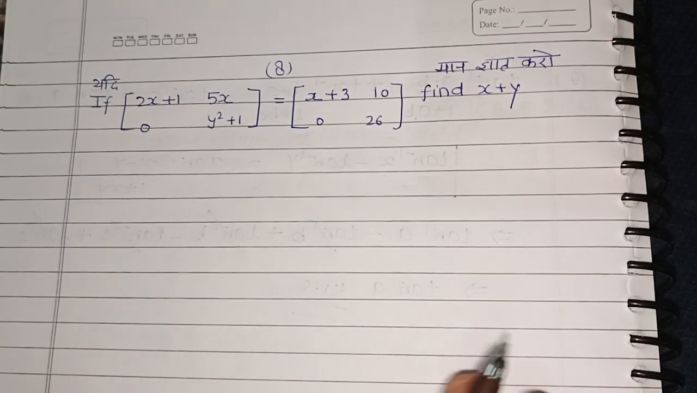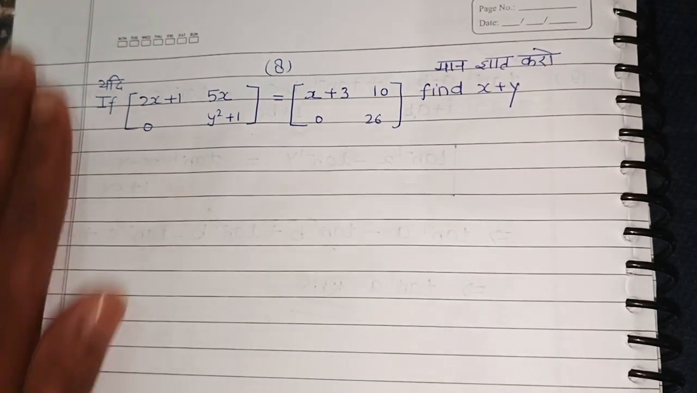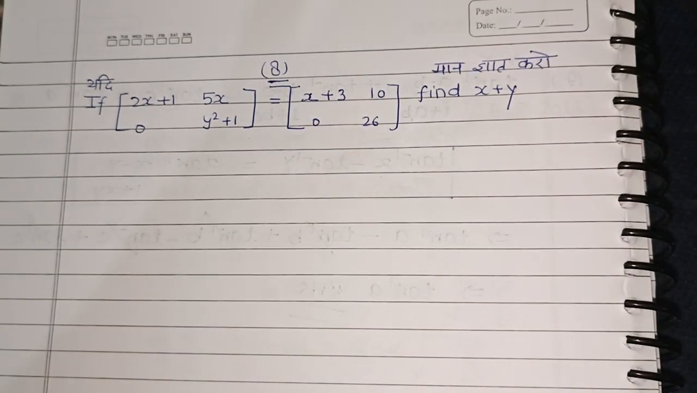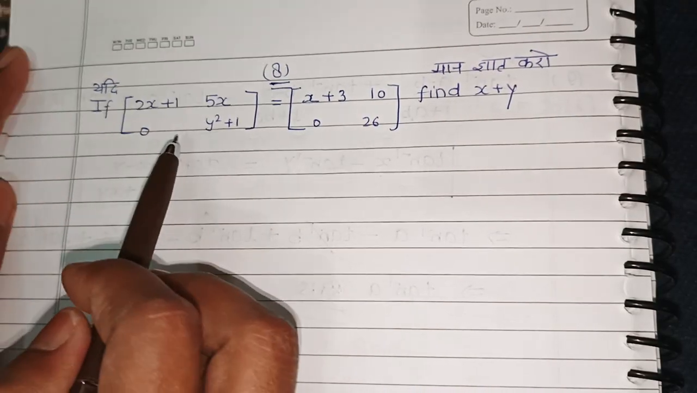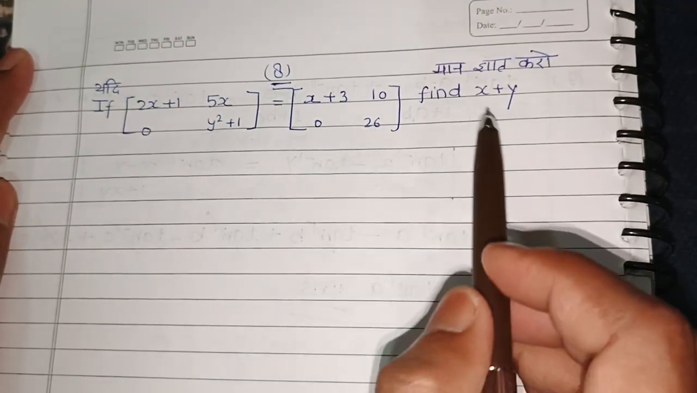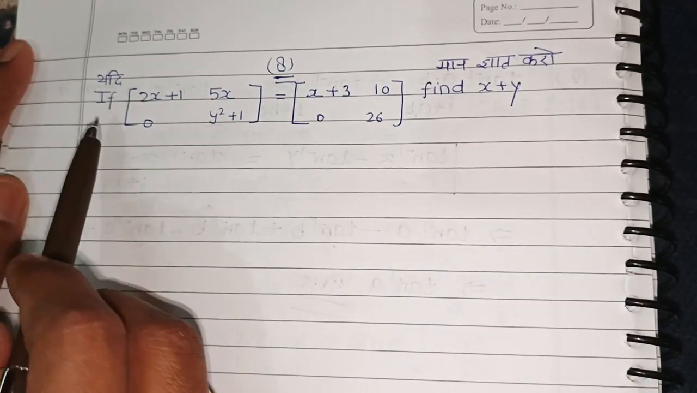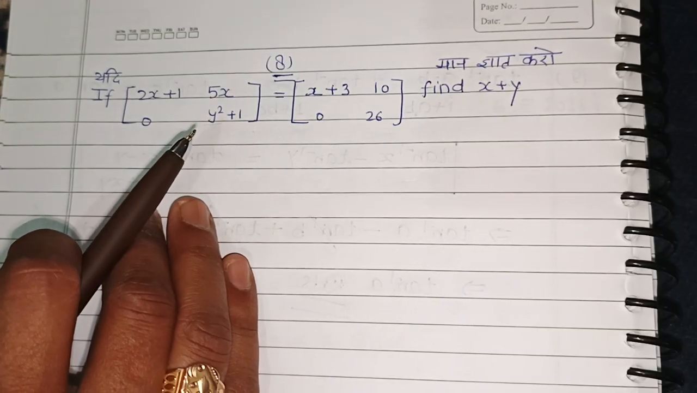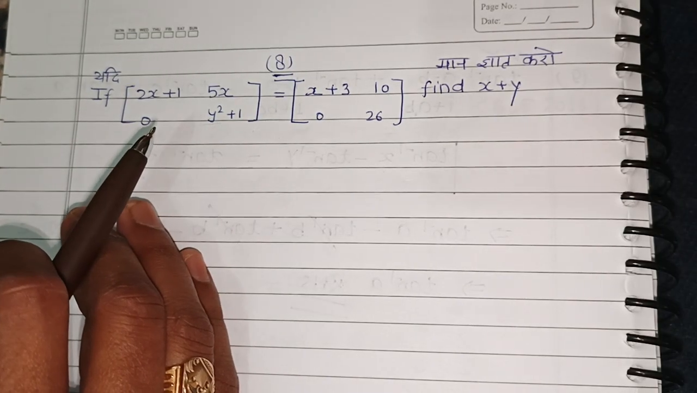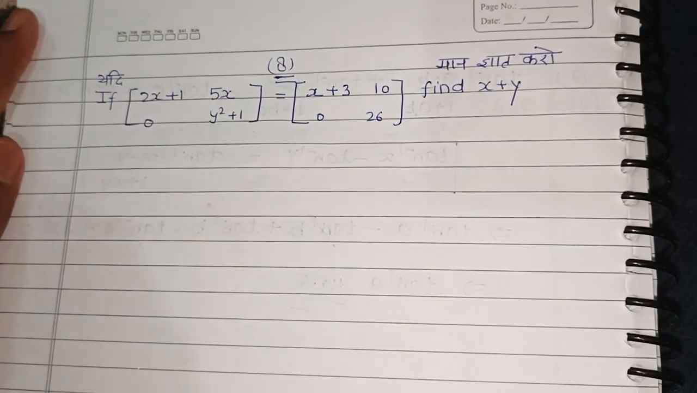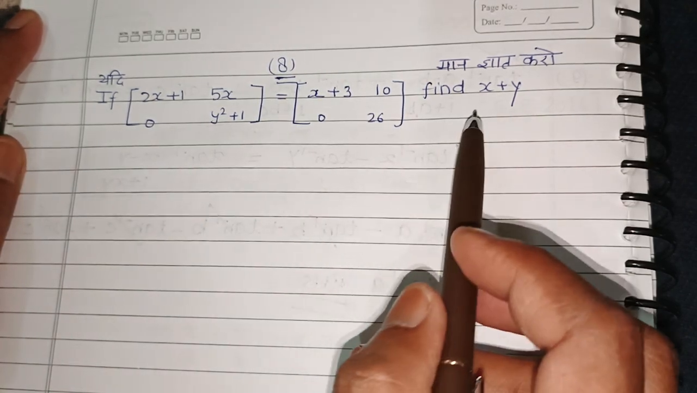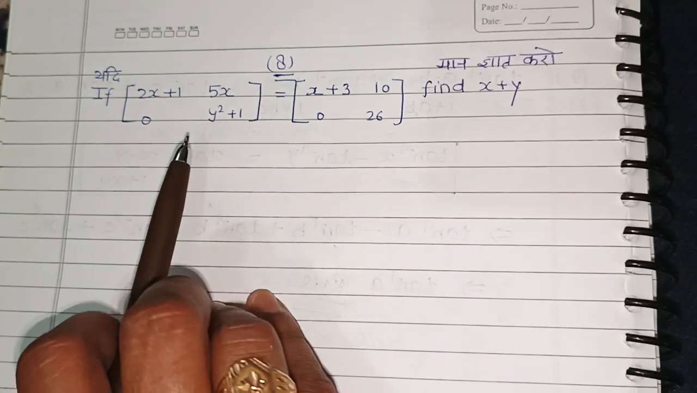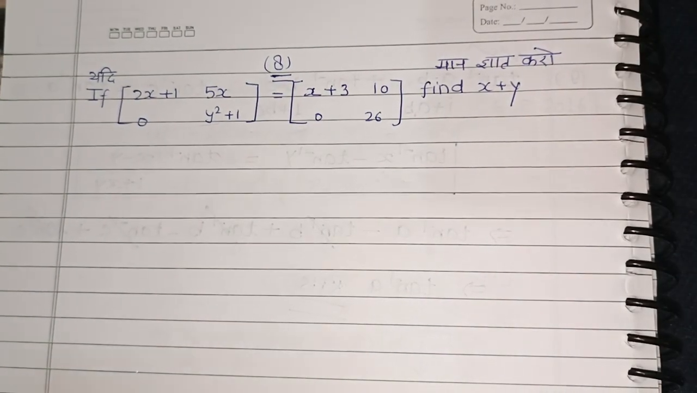हेलो स्टूडेंट्स, चलिए मैट्रिक्स के आगे क्वेश्चन डिस्कस करते हैं। दिस इज क्वेश्चन नंबर 8। If this matrix is equal to this matrix, so you have to find x plus y. ये वीडियो जो है हिंदी मीडियम एंड इंग्लिश मीडियम दोनों बच्चों के लिए है, ठीक है। यदि ये इस अवयव के बराबर है तो आपको x प्लस वाई का वैल्यू निकालना है, ठीक। चलिए स्टार्ट।